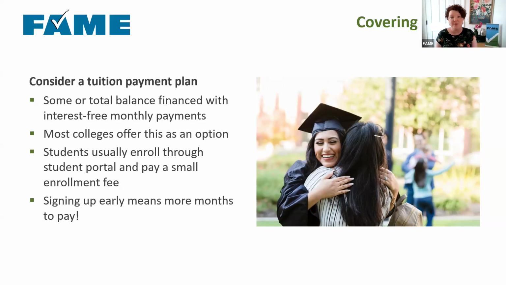And so this is where you can break down that $3,000 over the course of that year. Some colleges will do 12-month payment plans. Some colleges will do 10-month payment plans, just the months the students are in school, but it's typically going to be an interest-free payment. Sometimes there's an initial fee when you start, like an enrollment fee, but then there's no interest. You're just making that monthly payment to the college.